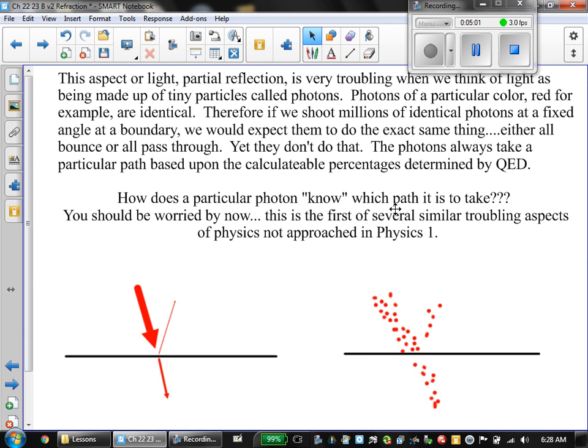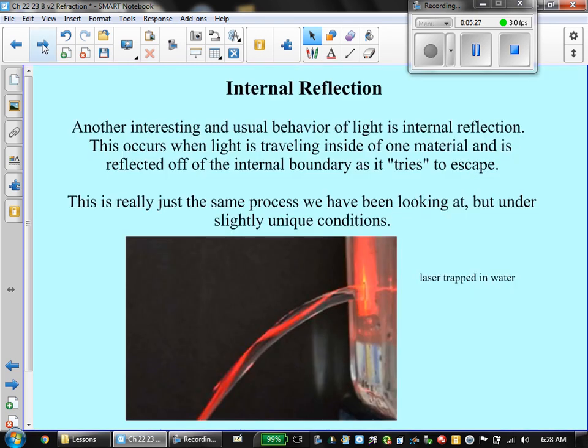If we treat things the same, they should behave the same. If I drop 10 rocks off of a building, I expect the 10 rocks to do the exact same thing. But if I shoot 50 photons, some of them bounce off and some pass through, and that's very troubling. That a photon would know, okay, I have to bounce off because my friend, the other photon, is going to refract. And again, this gets into this really strange idea known as quantum electrodynamics.